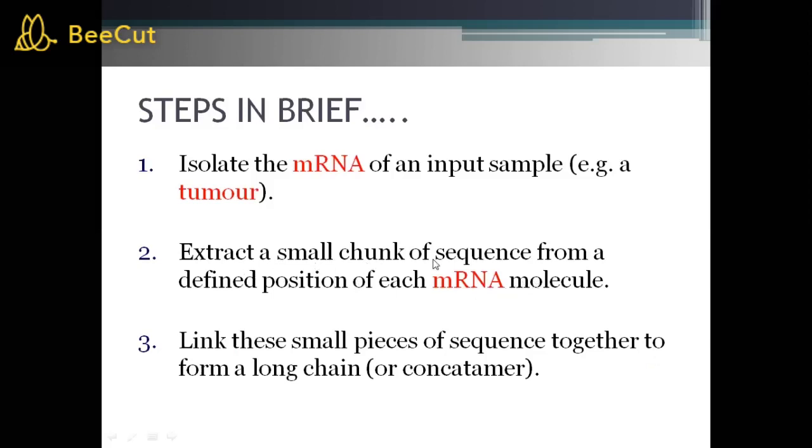Then third is to link these small pieces of sequence together to form a long chain, called a concatemer. That means we find the tag sequence, and then link these tag sequences to form a long chain, the concatemer.